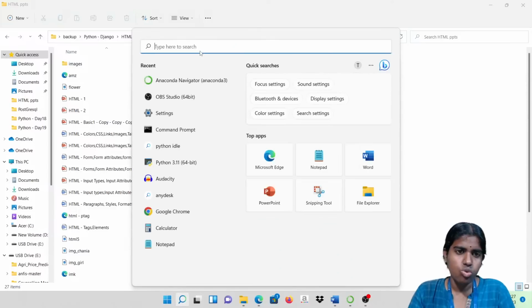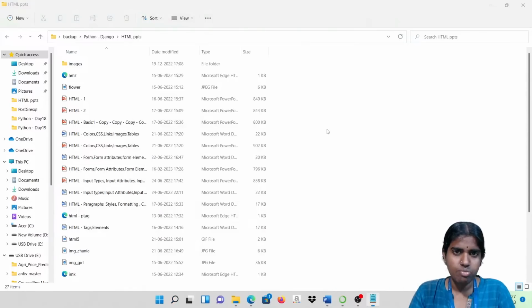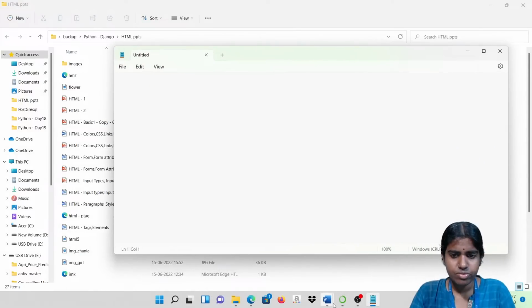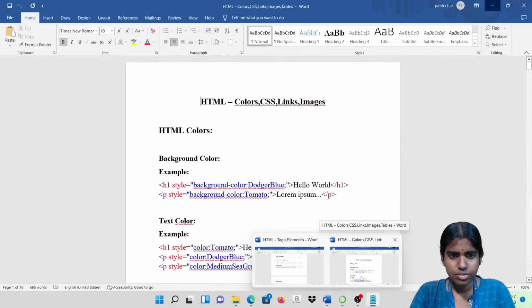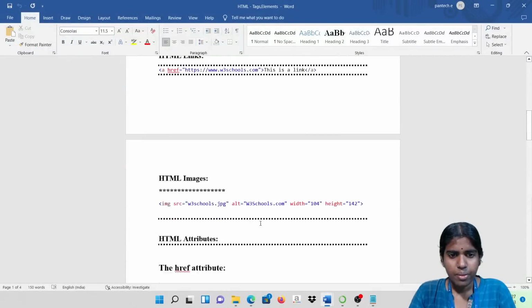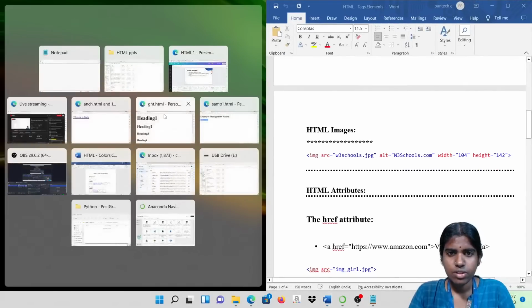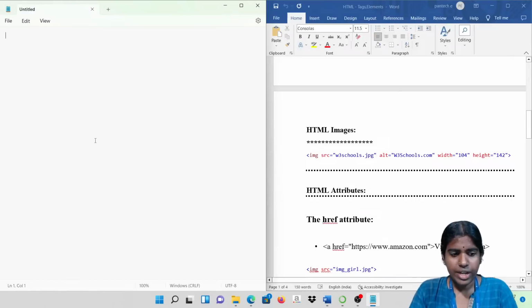For example, just go to notepad and I am going to type something. Whatever is the image, I am going to save here. Inside this, I am giving it like this.